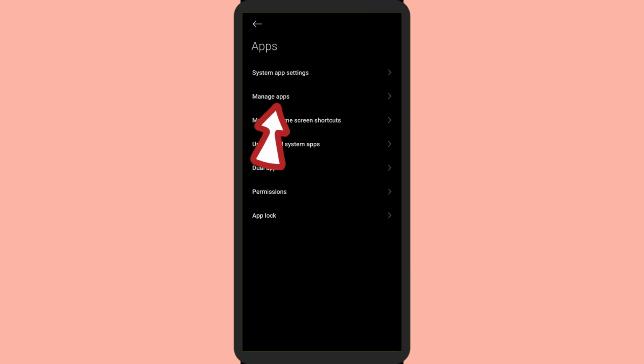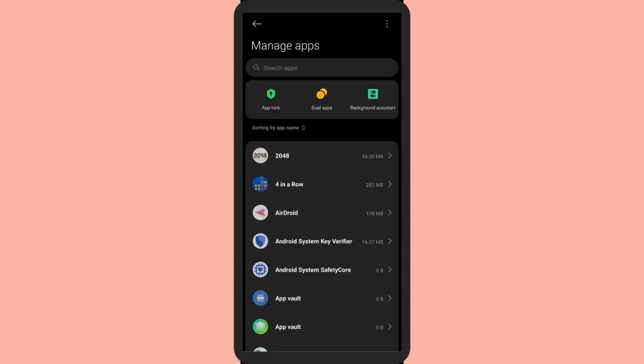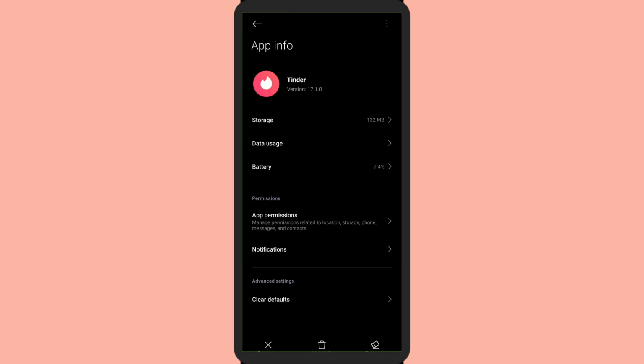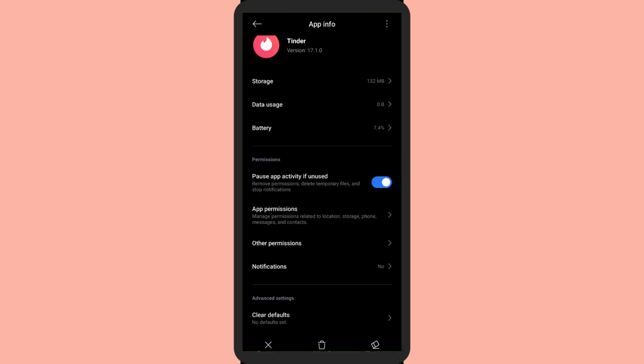Then tap on manage apps, which is right below system app settings. Then you will again see a search bar at the top of your screen. Simply tap on it and type in Tinder. Then tap on it again, and here you'll see three options on the bottom of your screen: force stop, uninstall